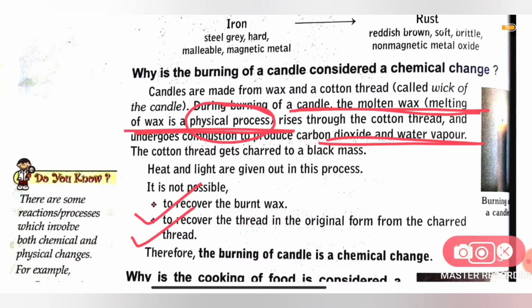If you again melt it, from that we can get the wax, right? তো molten wax এর থেকে কিন্তু আবার আমরা wax টা ফিরে পাই, but the thread and the burnt wax cannot be recovered. তো basically আমরা বলতে পারি burning is a mixed process of chemical and physical change. এখানে কিন্তু chemical change এবং physical change দুটোই burning এ আমরা দেখতে পাই।